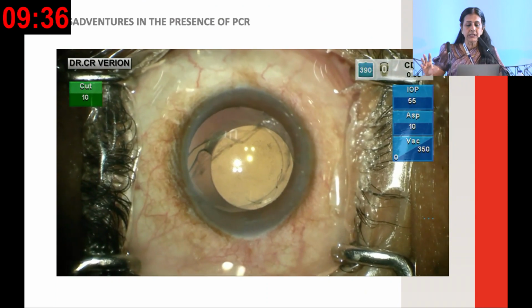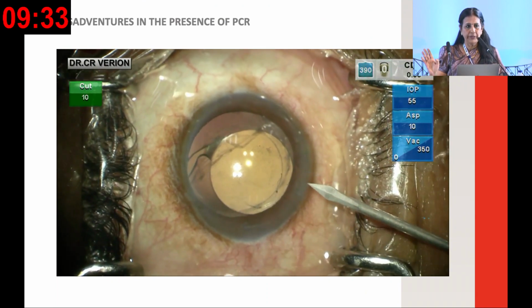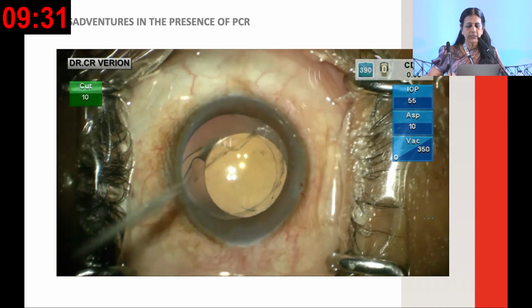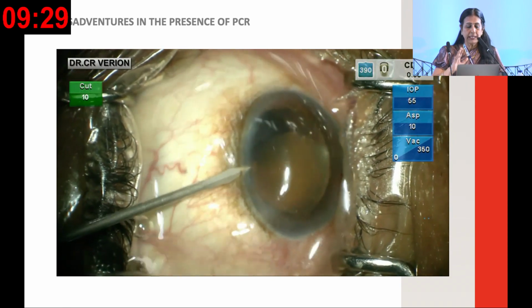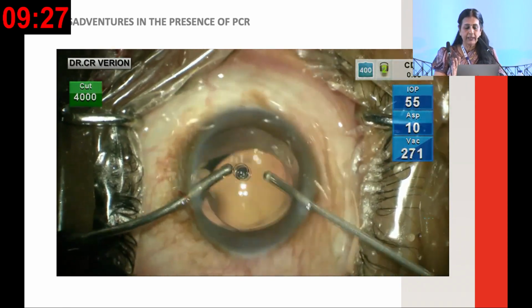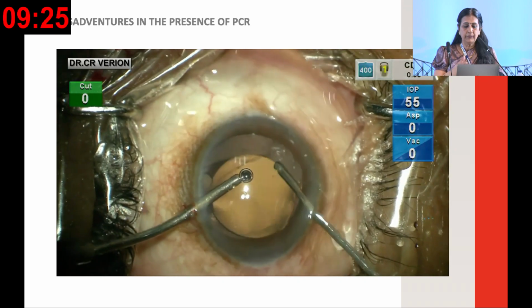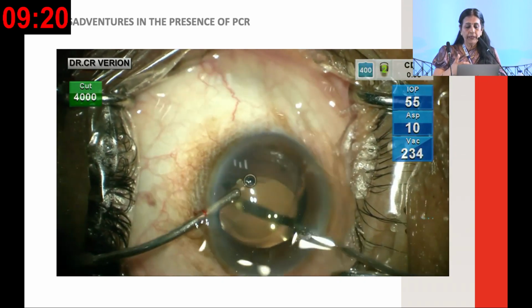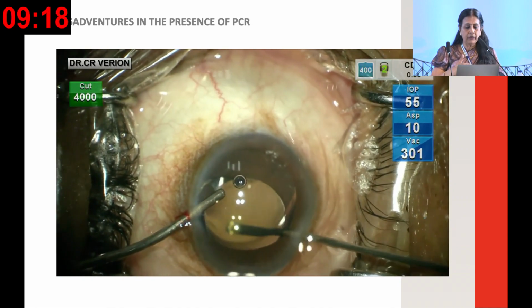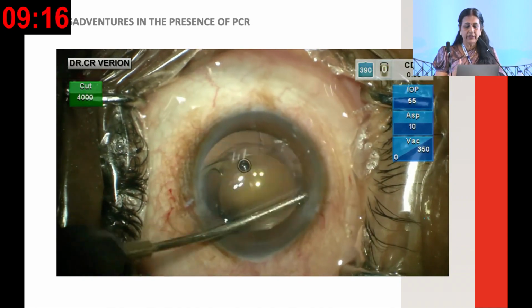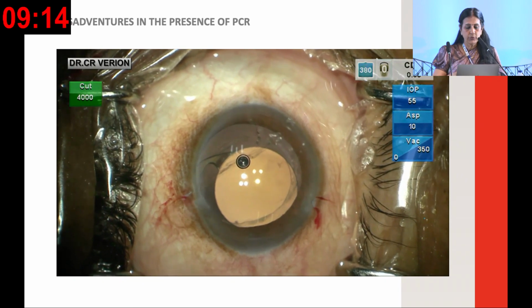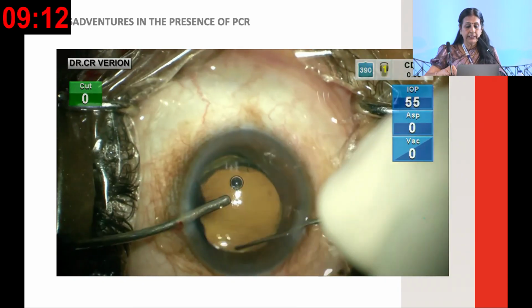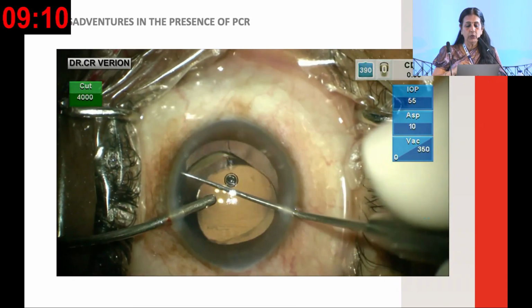Now this is a patient who was operated 20 years back and comes back to us with a PCR and a decentered IOL. So naturally he was seeing well, but he's no longer seeing well. So I go behind and do a vitrectomy behind and front, and already it is a vitrectomized eye, but whatever vitreous could have come forward, I again remove. Now I need to get this IOL out of the capsular